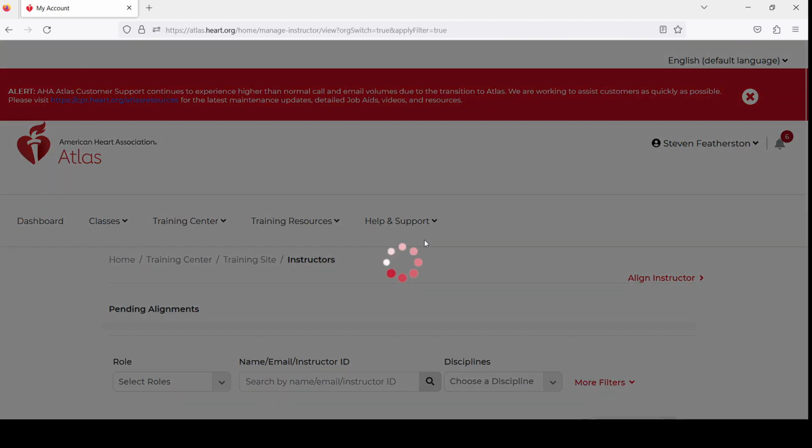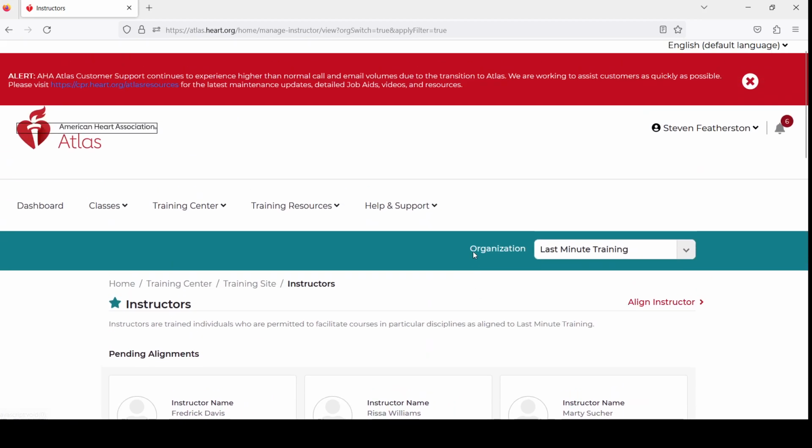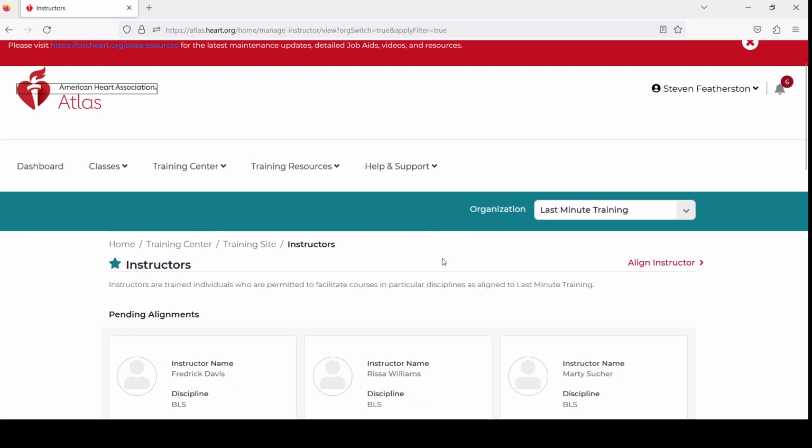So back to instructors. All right, so this is basically our management window for our instructors. I don't really want to go down my list right now, but I have a pretty good chunk of instructors already aligned, and then we have some that are pending alignment right here, right? So I'm going to add a new instructor. So what I'm going to do is align